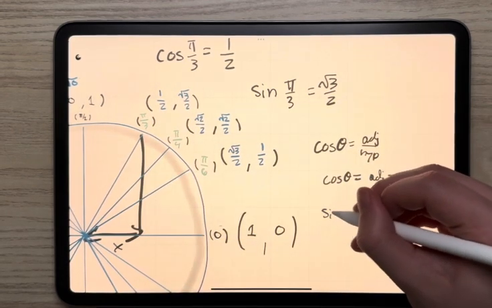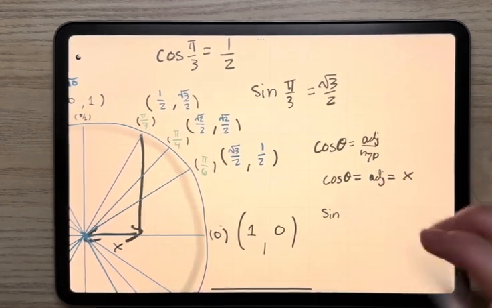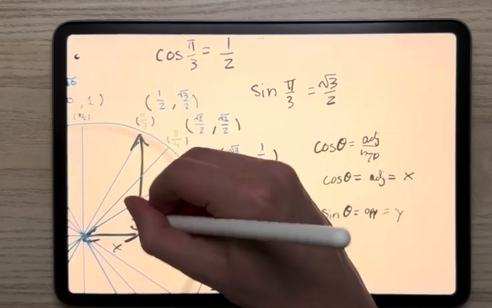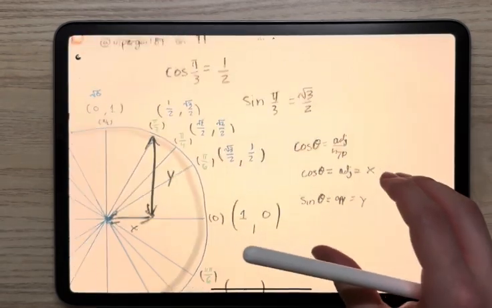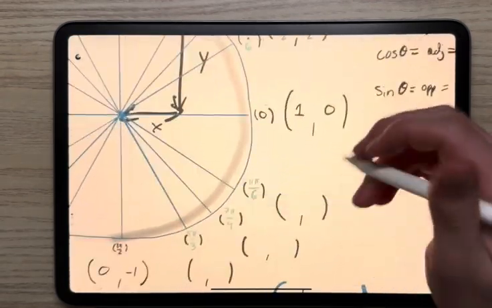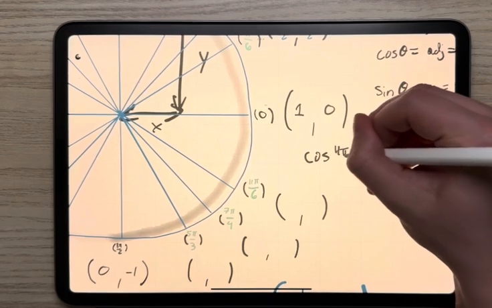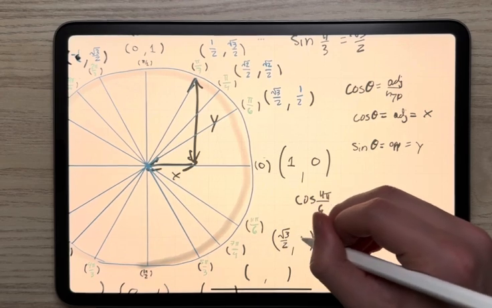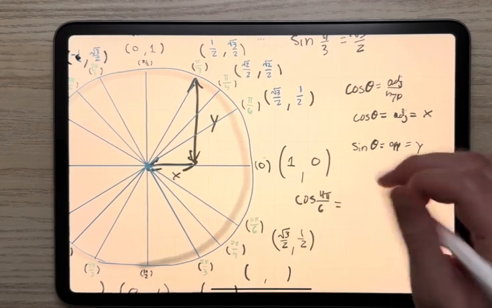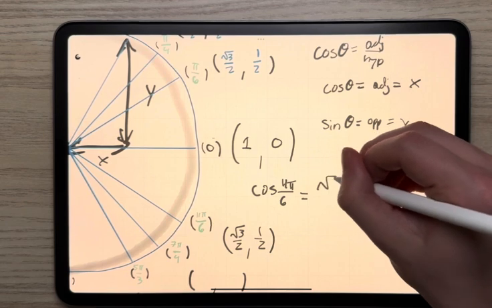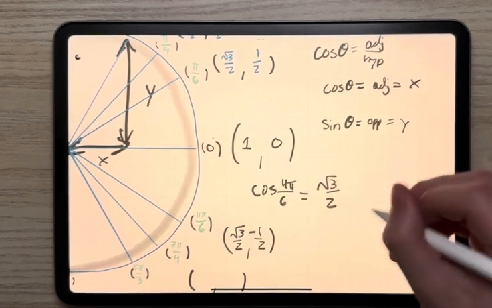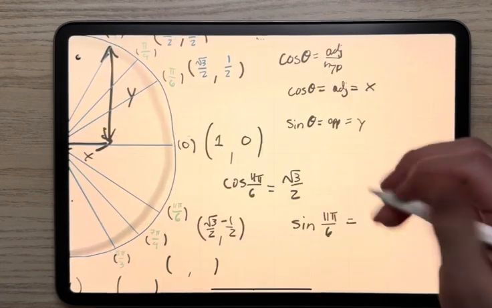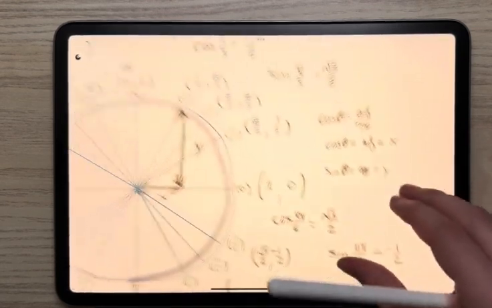And then sine, doing the same math, you'll get that sine is equal to opposite, which is equal to y, like this. And so for any of these, for example, cosine of 11 pi over 6, the coordinates of that is root 3 over 2, negative 1/2. You just take the x-coordinate, so it's going to be root 3 over 2, and then sine of 11 pi over 6 is going to be negative 1/2. Now tangent